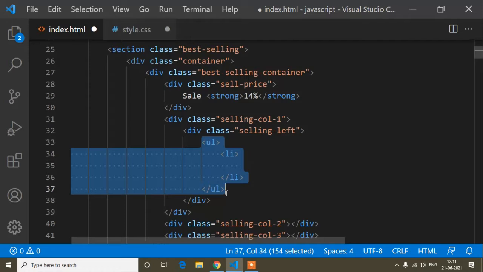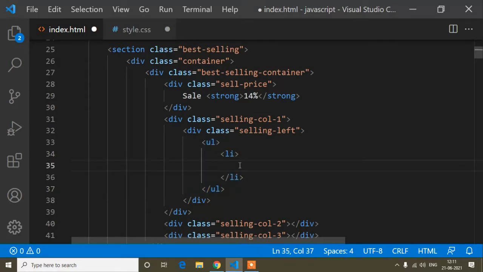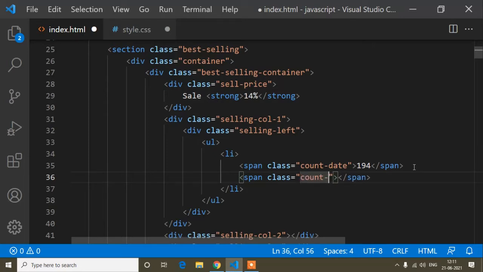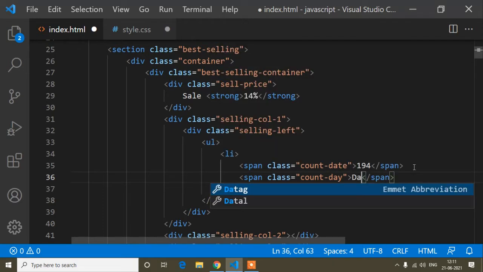Okay, so now, guys, inside this li I will write a span tag, and the span class is, first of all, count date, and inside this count date I will write 194. And again I will write a span tag with class count day, and here I will write days.